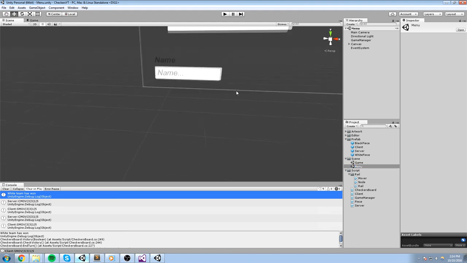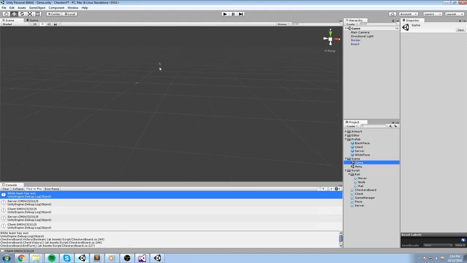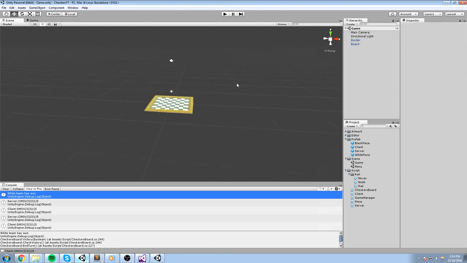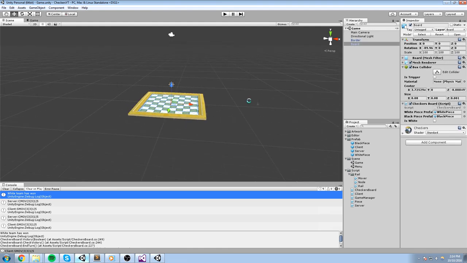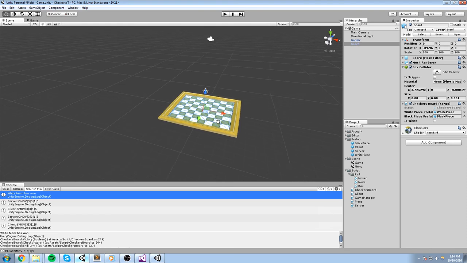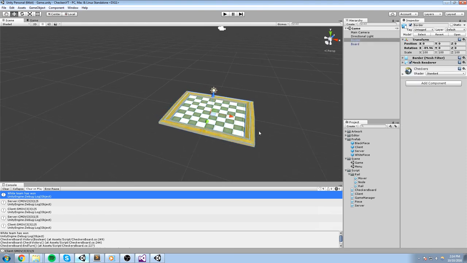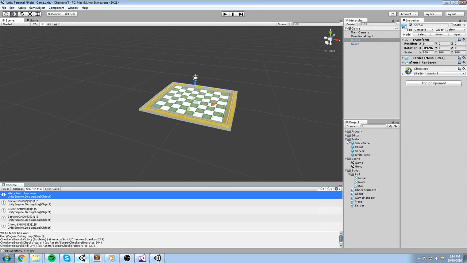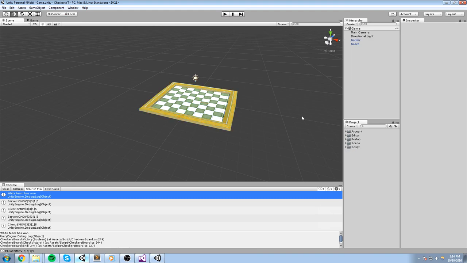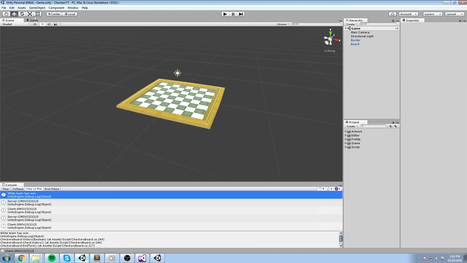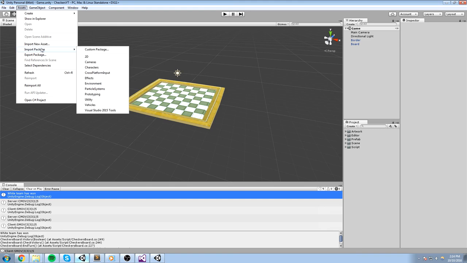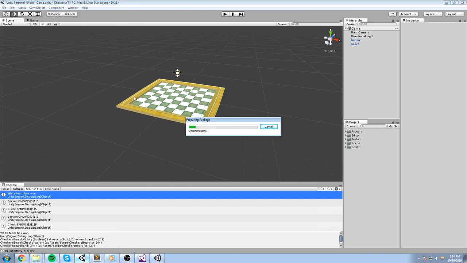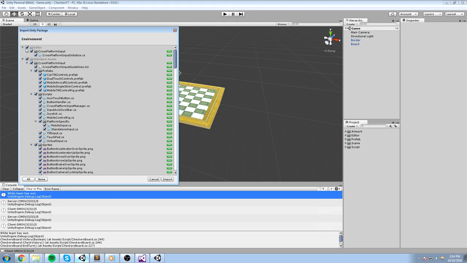In my menu scene, I'd like to have the board and a good vision of the 3D scene as well, so we can move around it. And just having this board by itself is going to be a little bit empty. The scene seems to be a little bit empty. So what I will be doing at the same time is importing environment. I'm going to grab water, because water looks so good